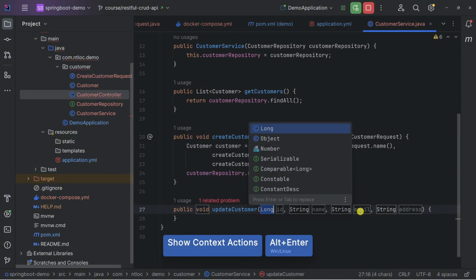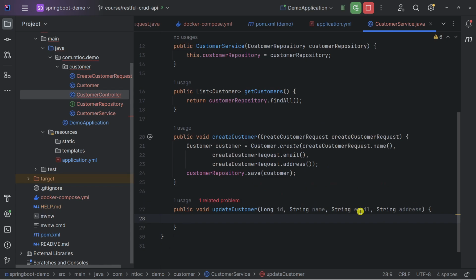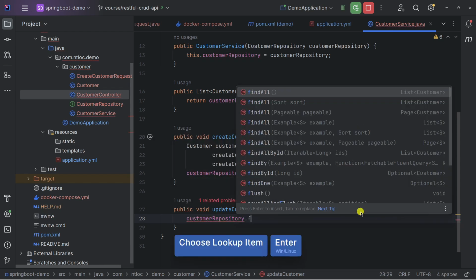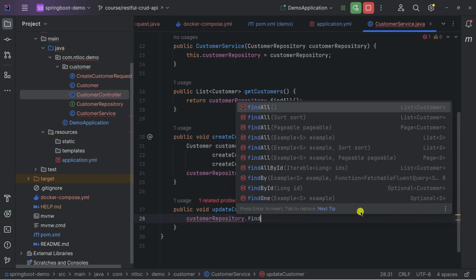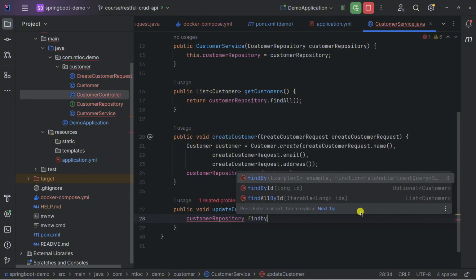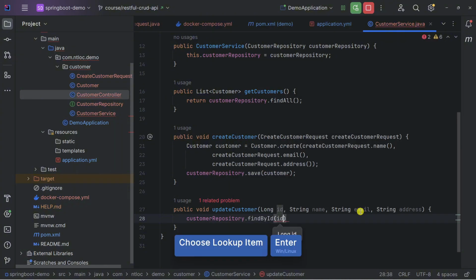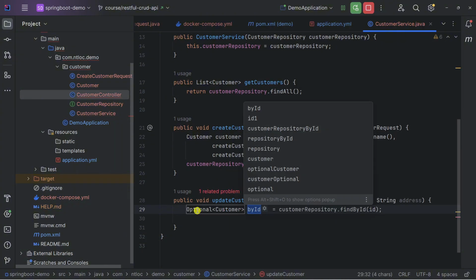Then create a method, and here we need to have some business logic. We need to update the customer, right? The first thing I would like to do is find the customer, and in this case we will find by ID, and we paste the ID here.